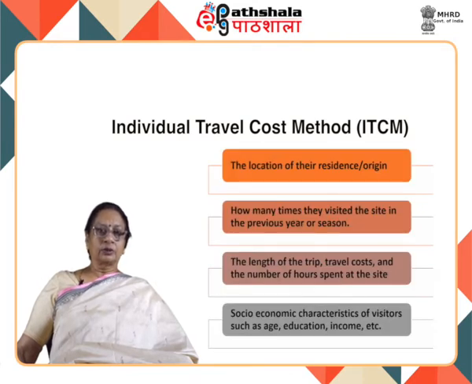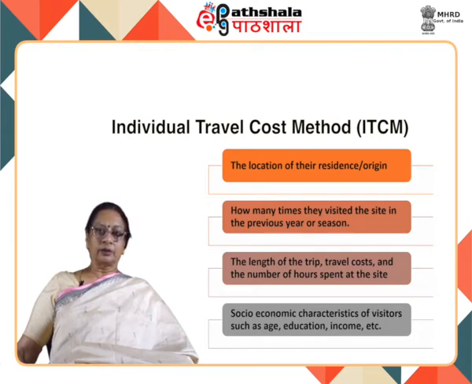Fourth, to collect information on the main features of the visit, visitors should be asked about the location of their residence or origin, how many times they visited the site in the previous year or season, the length of the trip, travel costs, and the number of hours spent at the site.